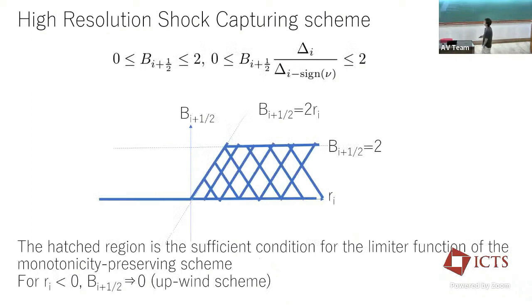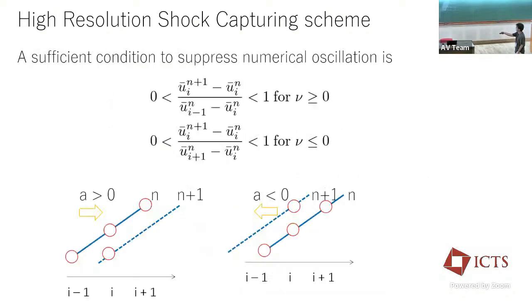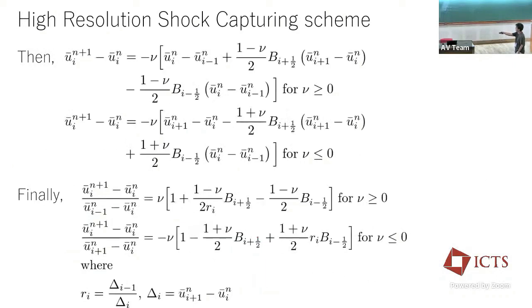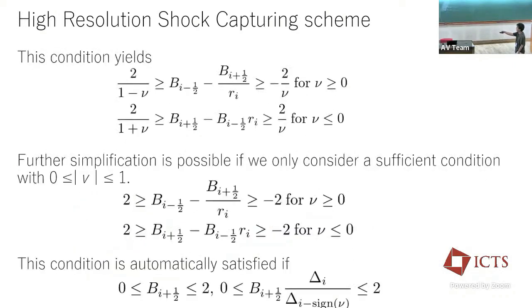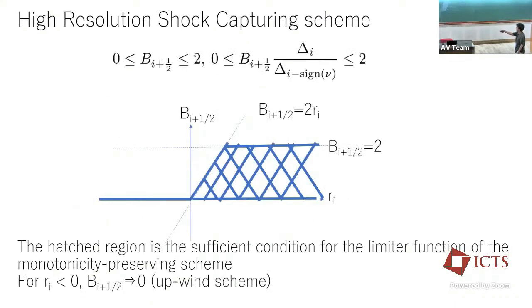So what limitation for this b_{i+1/2}? Here is a schematic diagram for b_{i+1/2} as a function of R_i. R_i is here, Δ_{i-1}/Δ_i. Here's a schematic function of R_i. So the first condition gives you that b_{i+1/2} should be bounded between 0 and 2, right? In these two regions. And the second equation gives you that for the negative value,